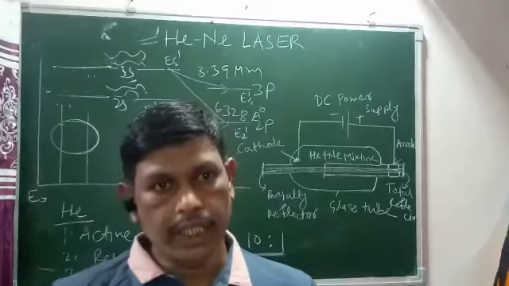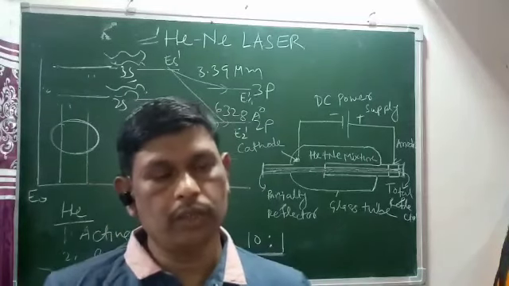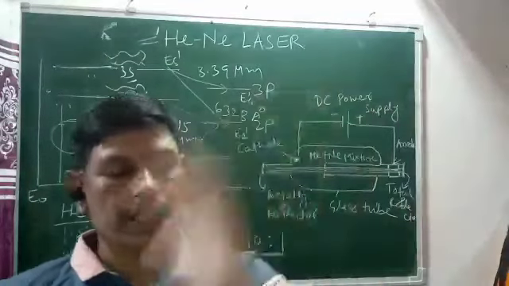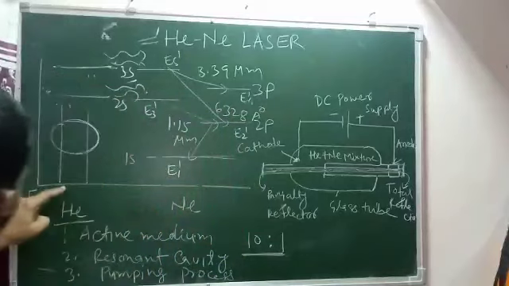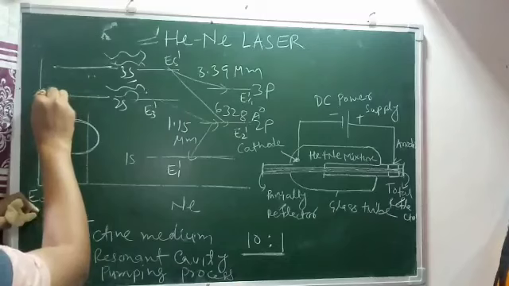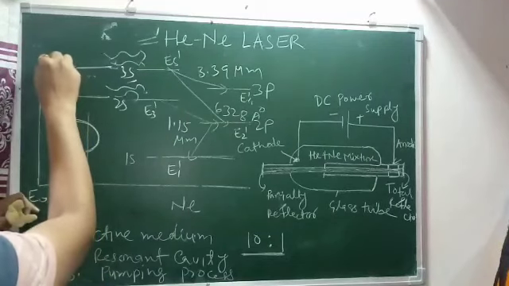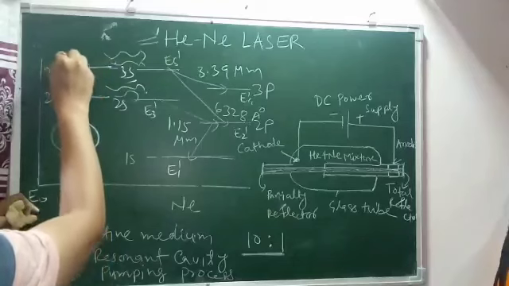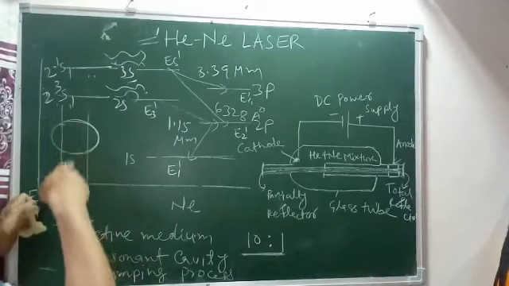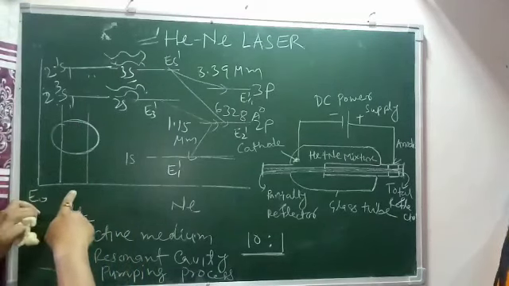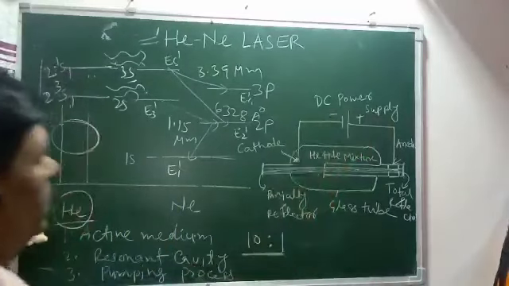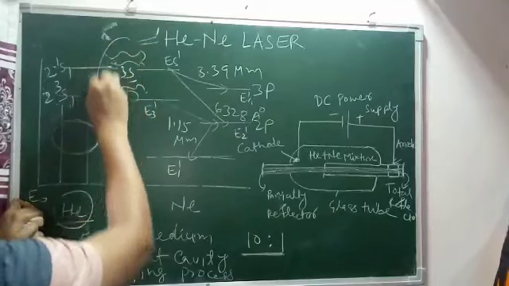When the tube is made narrow, there is a maximum possibility for electrons to interact with the helium and neon, and excited helium to interact with the neon ground state particles. So here, the transition from E0 to 3S1 and 1S1 comes from the collision of the helium ground state particle with the electron, which comes from the DC power supply, and this